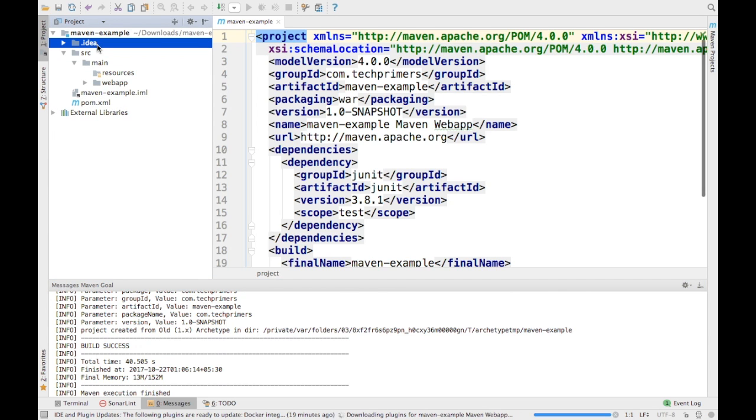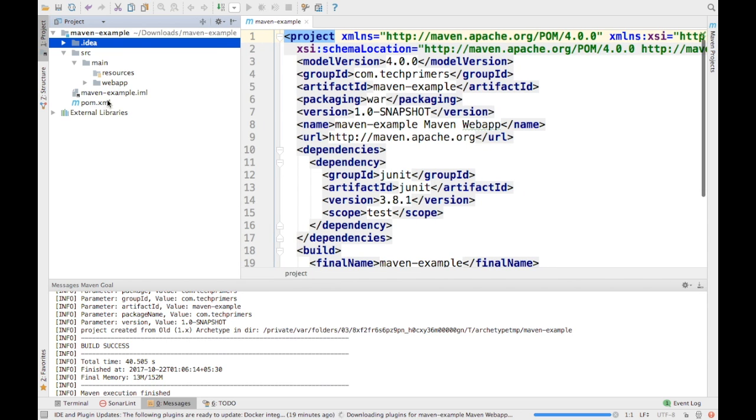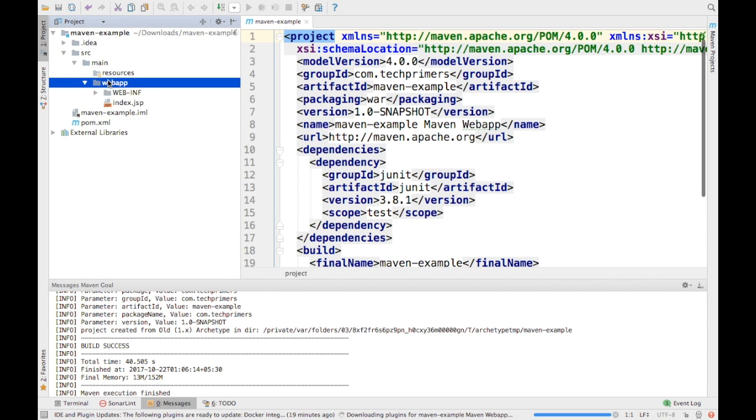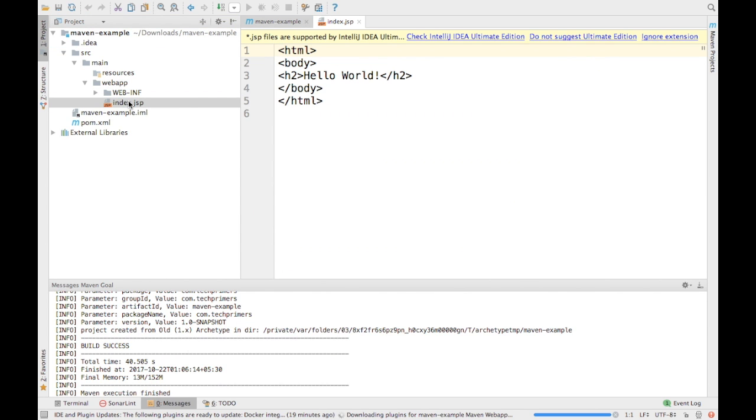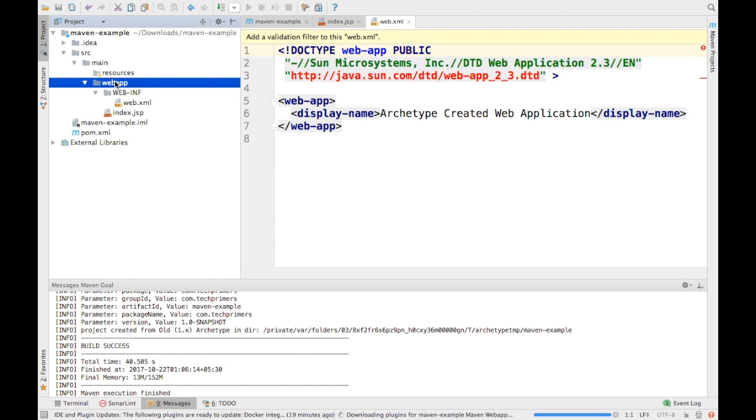The .idea folder is the folder for IntelliJ to use. It has created source, main, resources, and there is a webapp folder with some default package. Since this is a web application, it has created the webapp folder. If it was a simple Java application, it would have just created a Java folder. If you want to create Java files, you can create them under this